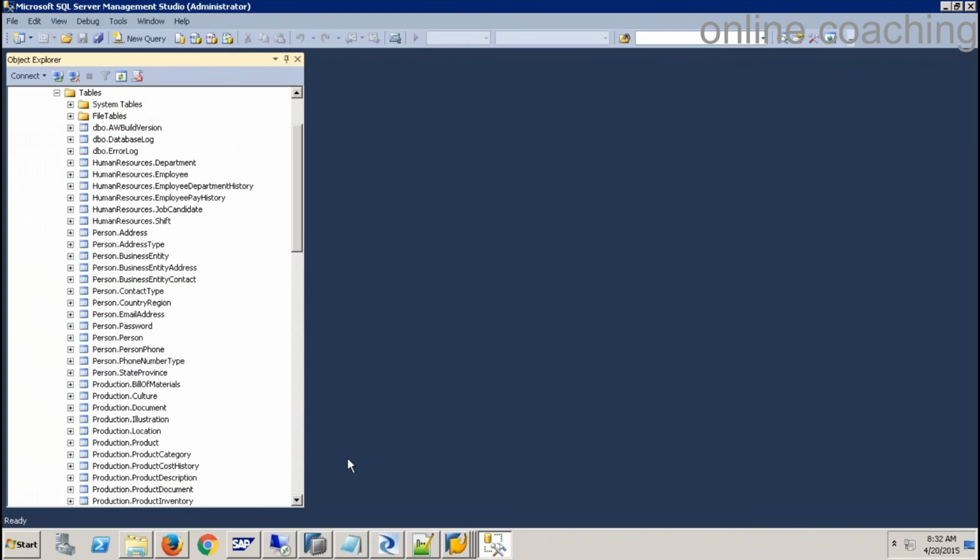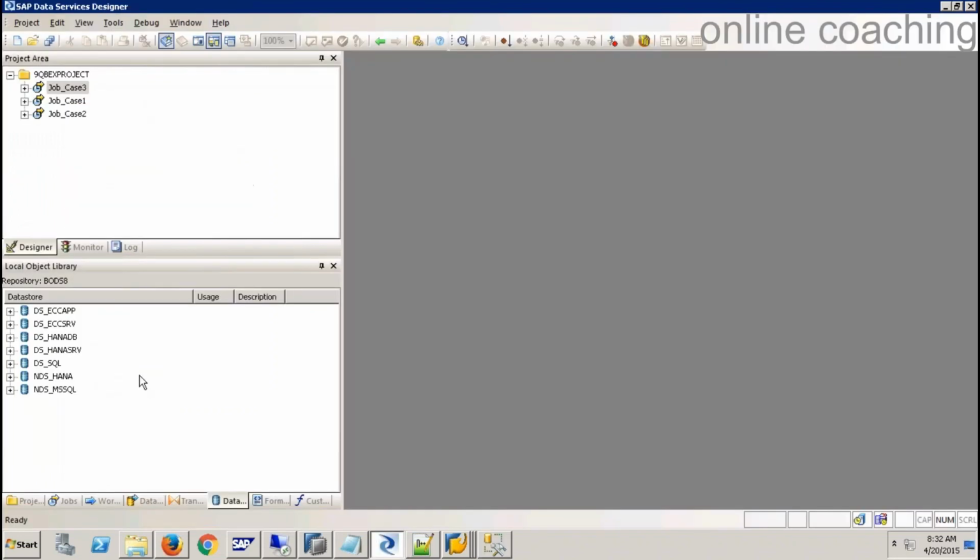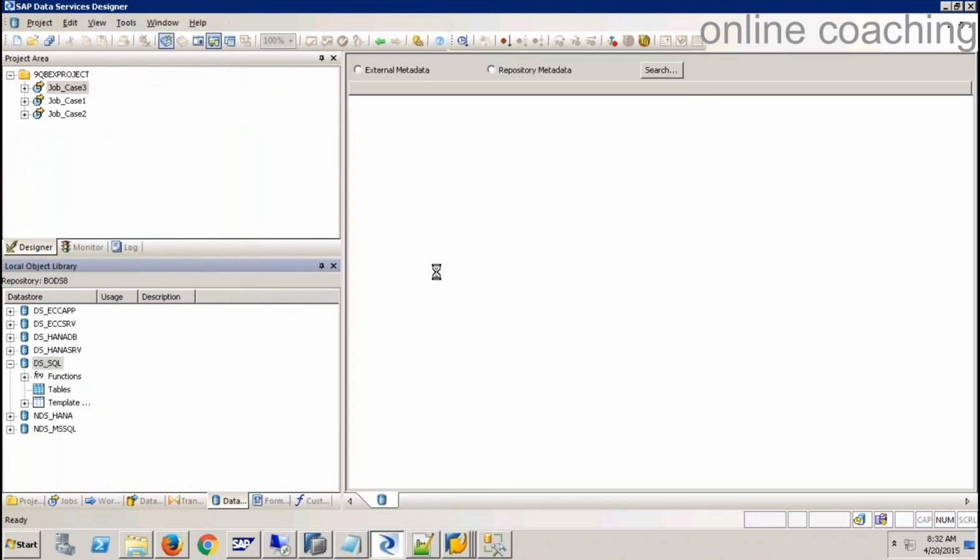So now, SQL, I would like to take this out. I already have a connection with the DB SQL. I can replicate the table if I just say so. So I already have a data store which is connecting, or I could have used